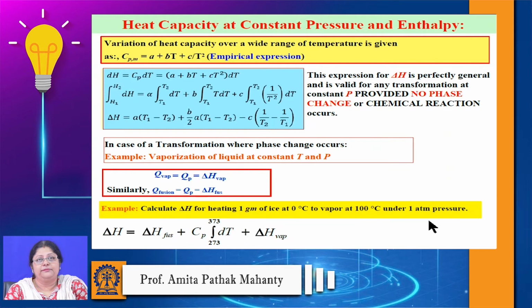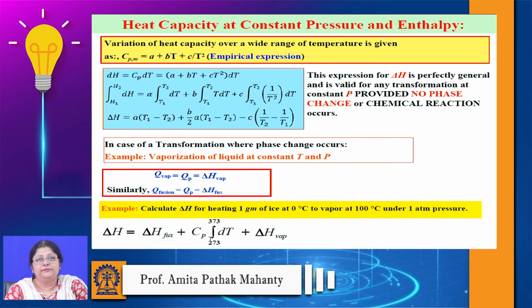And then plus, since it is going to 100 degree centigrade, vaporization will start at 1 atmosphere. So the pressure is held at 1 atmosphere, and this will be the delta H vaporization. So what is going to be the total delta H? It will be for a system heating 1 gram of ice at 0 degree to vapor at 100 degree. Under constant pressure, this will be the delta H fusion plus the Cp,